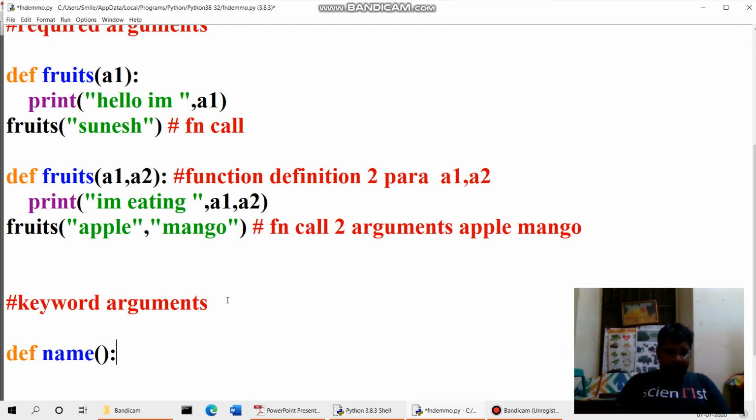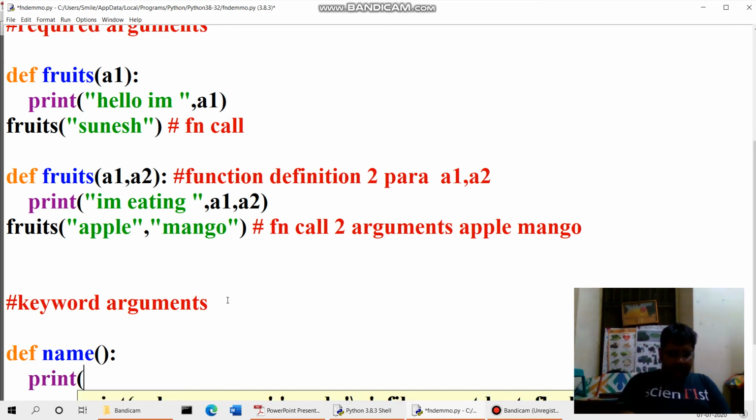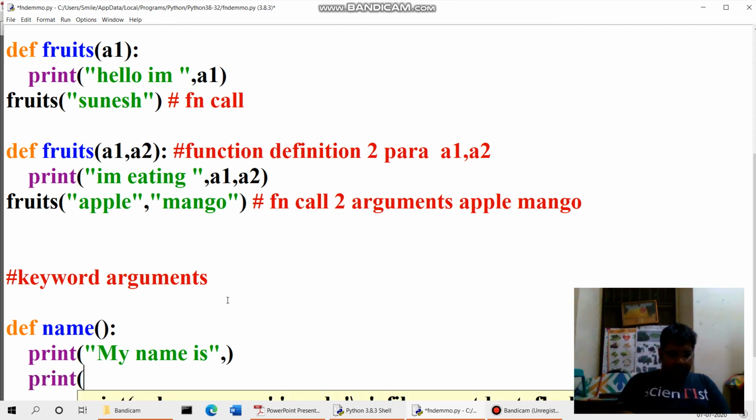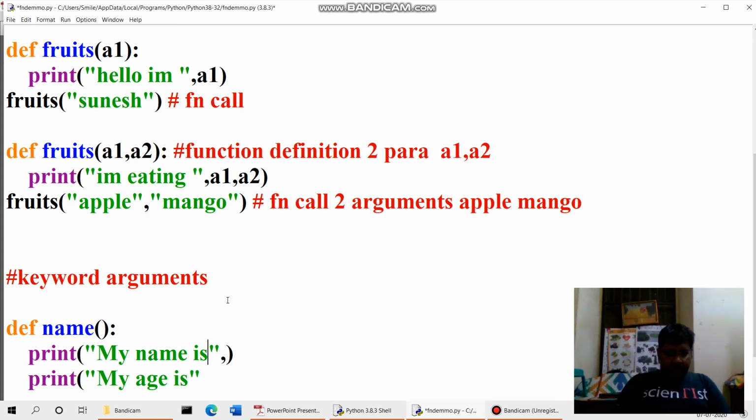In the bracket we are giving print, within bracket, my name is, something given. Next we can give another print statement, print my age is.